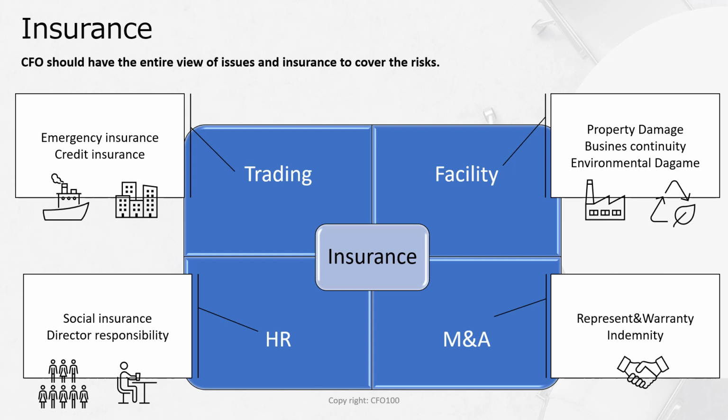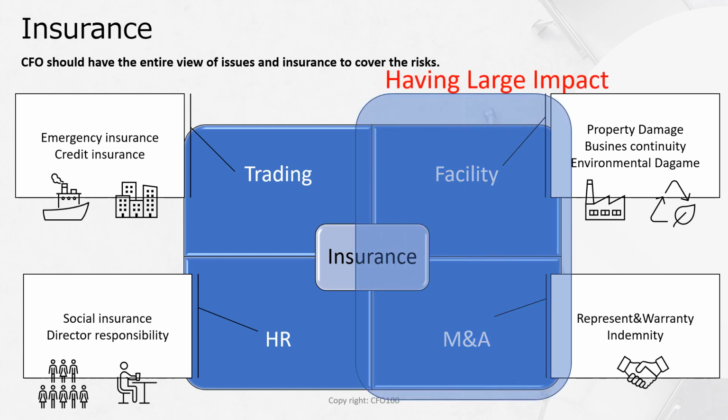As an overall picture, the CFO should focus more on the right side box, for some reasons. First, trading insurance and HR insurance can be covered by the commercial team and the HR division. The mechanics and insurance policy are relatively simple. Those people also understand it and they can take care of it by themselves, even without professional knowledge of risk management, finance, and accounting.